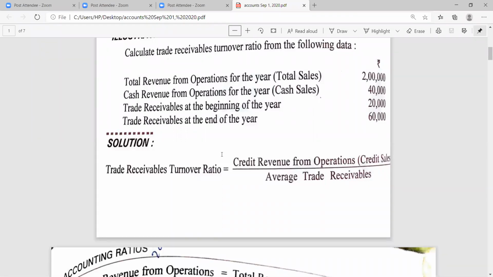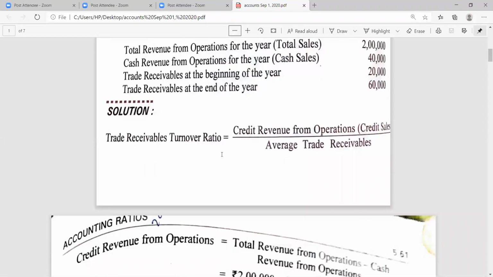Now, again I am telling you, whenever you have to calculate a ratio, please write the formula for what is to be calculated. The whole picture will be clarified by itself, what is to be calculated and what is not. So the trade receivable turnover ratio is to be calculated, and the formula is with us: credit revenue from operation, that is credit sales, upon average trade receivables. Now the question arises, how is the credit revenue from operation or the credit sale to be calculated. You look at the statement very carefully, you find the total sales are given over here as well as cash sale. If we deduct the cash sale out of the total sale, what will we get? We will get the credit sale definitely.